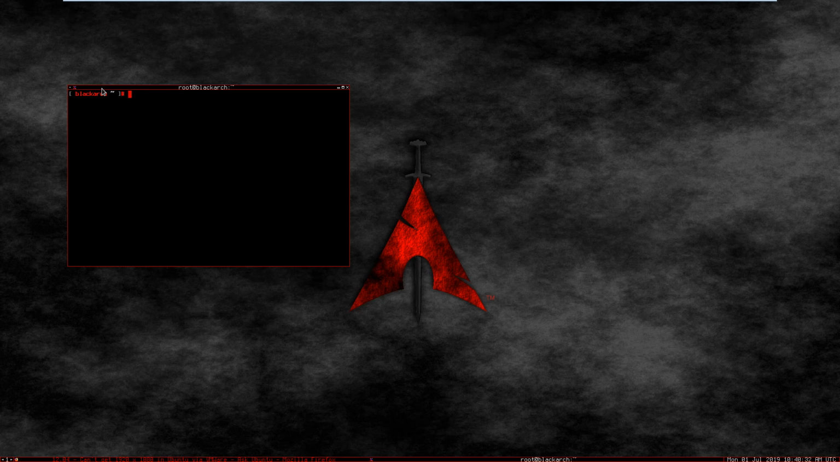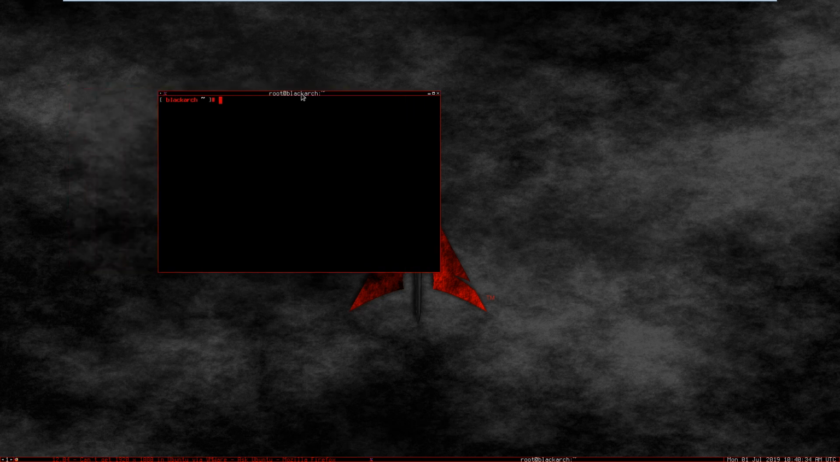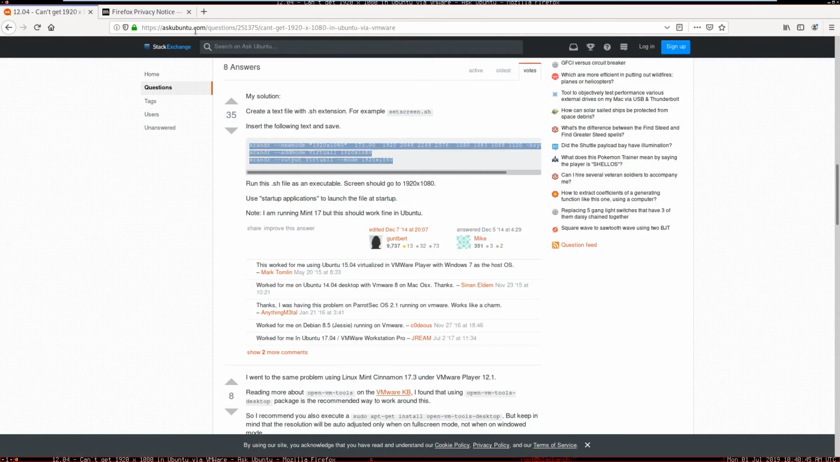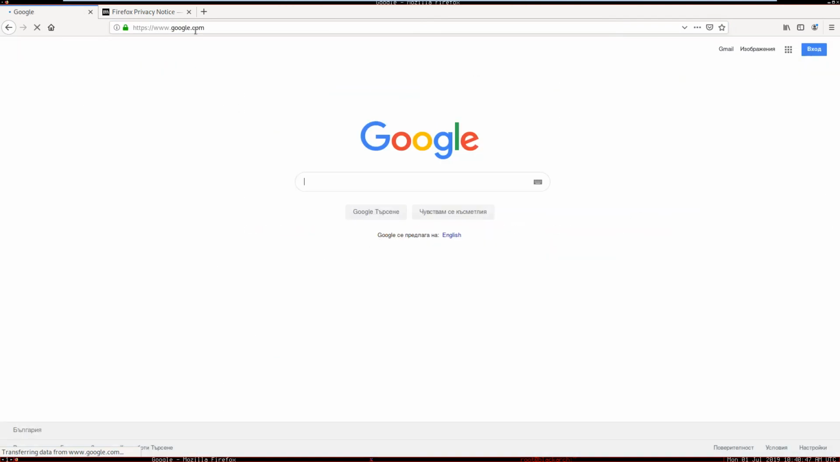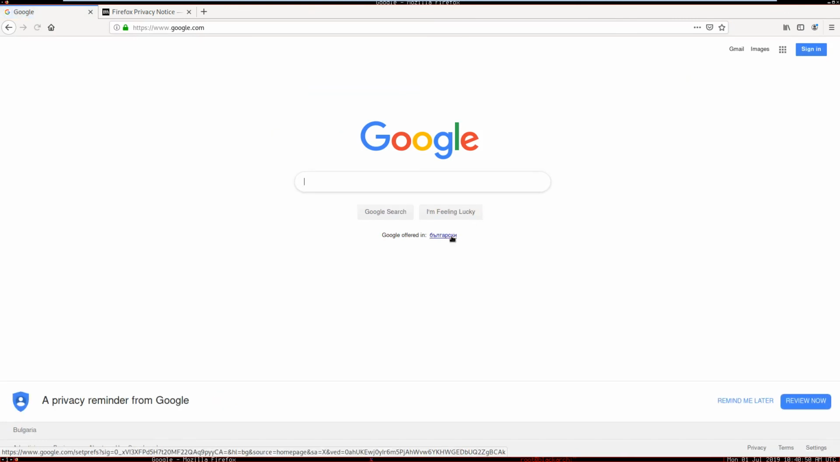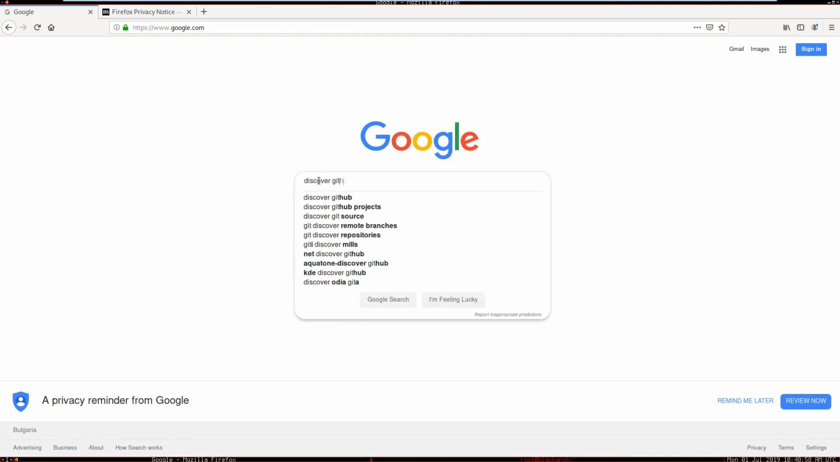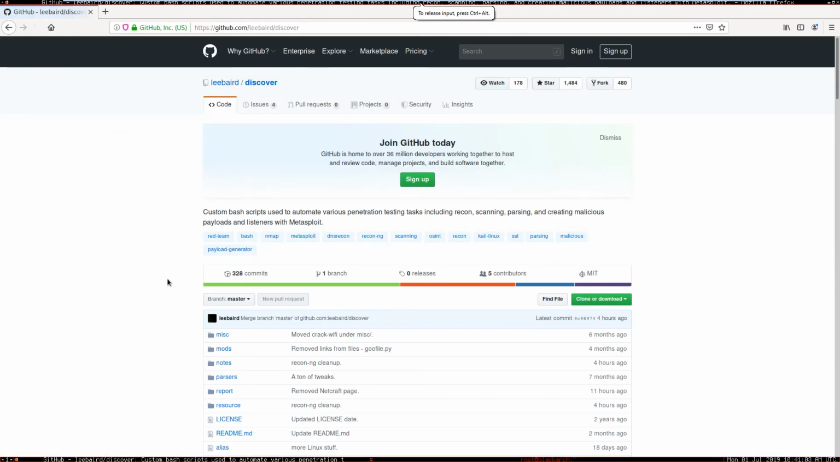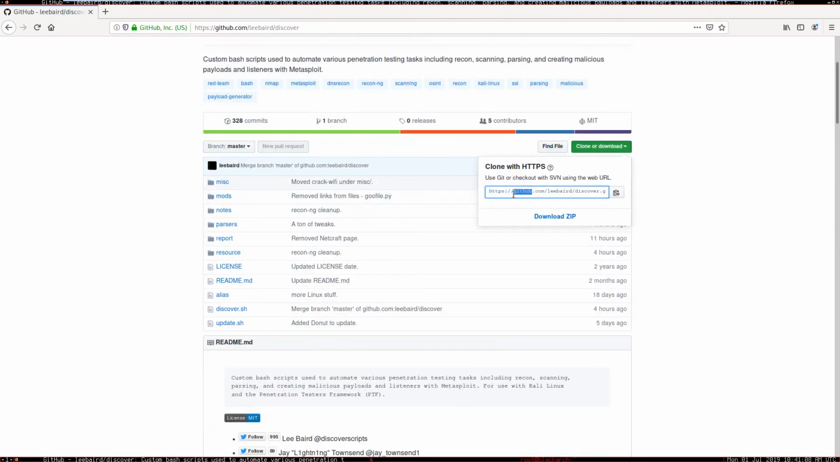We're going to be gathering information about different people, let's say companies, with passive and active information gathering. So let's start. As I said, there are many tools for gathering information, and my favorite one is the Discover script. Go to Google or any search engine you want, type Discover GitHub, and click the first page. This script does an amazing job, and now I'm going to show you how it works. So copy the link,